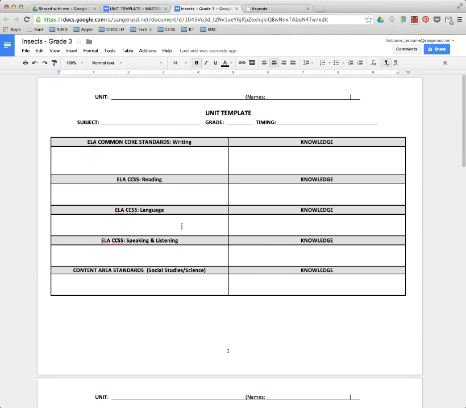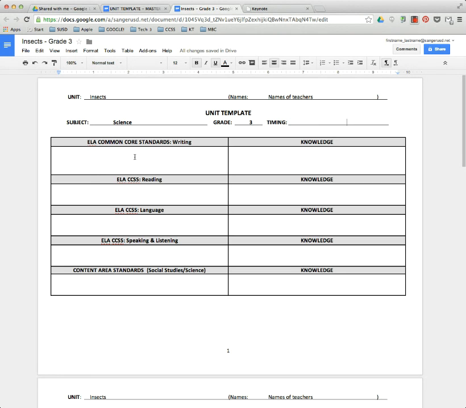With this template, you're going to want to make some changes. So for example, you could name it Insects. You could type in the names of the teachers who are participating in this particular unit topic. Type in the subject, the grade level, whether you think it's fall science. And this is important to note, it's just a baseline. We will be using and working from this template during the unit design, so do not feel like you have